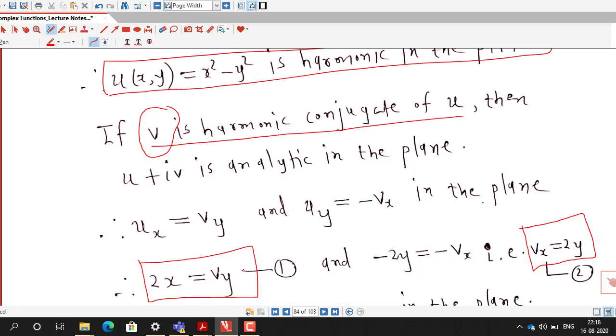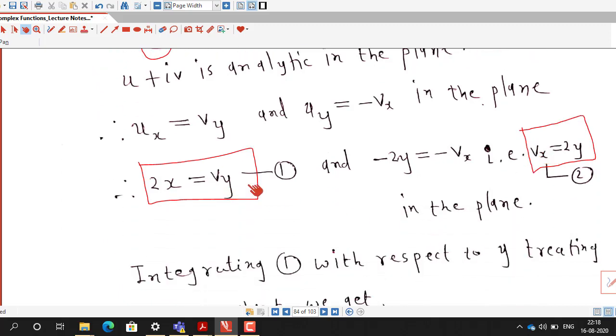So if we want to obtain v from any of these two equations, then we have to do integration, because differentiation and integration are inverses of each other. So now I can start with any of these two equations. If I want to start with equation 1, then here partial derivative is with respect to y, so I have to integrate equation 1 with respect to y. And if I want to use this second equation, I have to integrate second equation with respect to x, because here derivative of v is with respect to x.